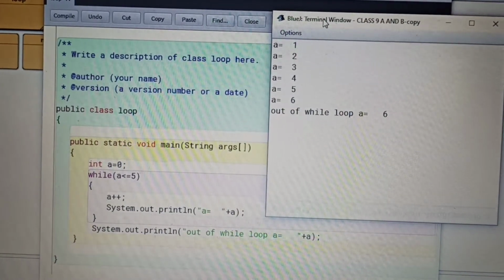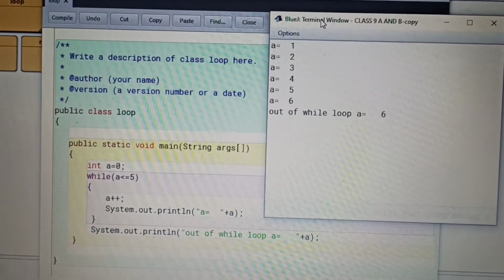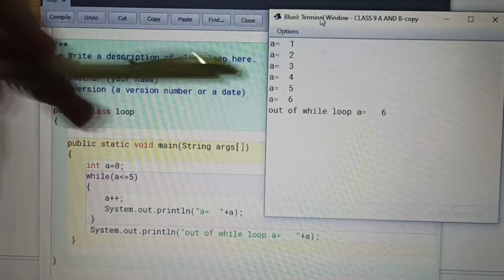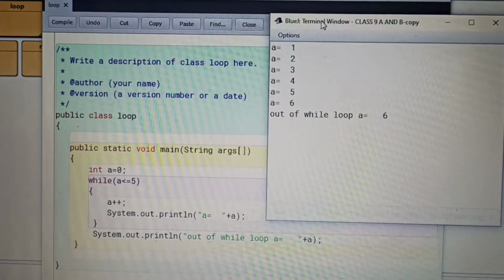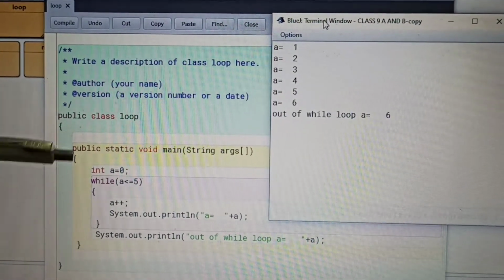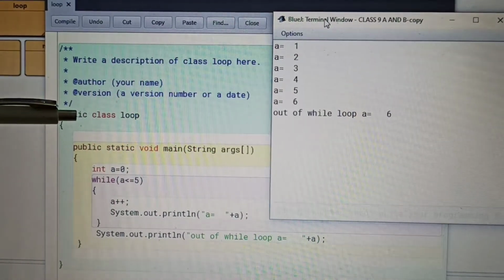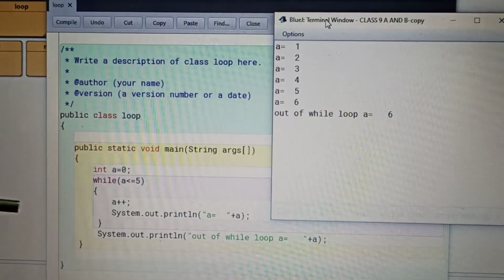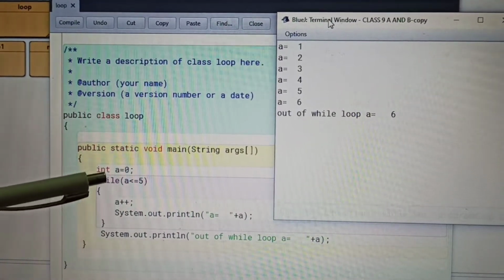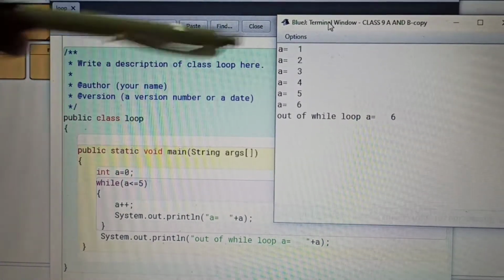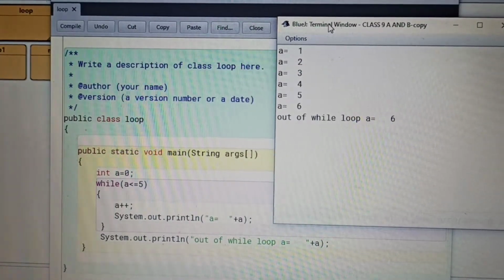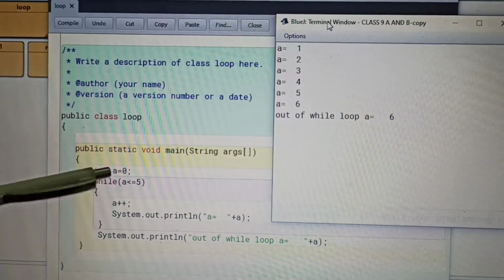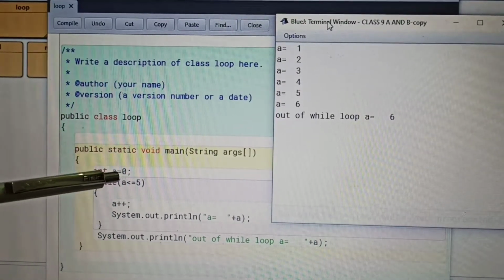One program based on this, we have to do the patterns, we have to print some numbers. Now just see over here, the loop is started. First, as you already know, we have to create the class, next we have to create a method, and after that, initially I want to print the numbers, the value, so first we give a equals 0, meaning the value of the variable a is 0.